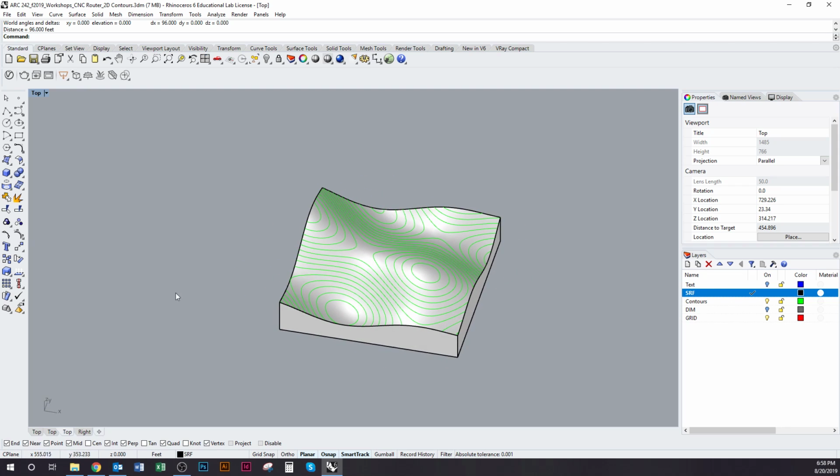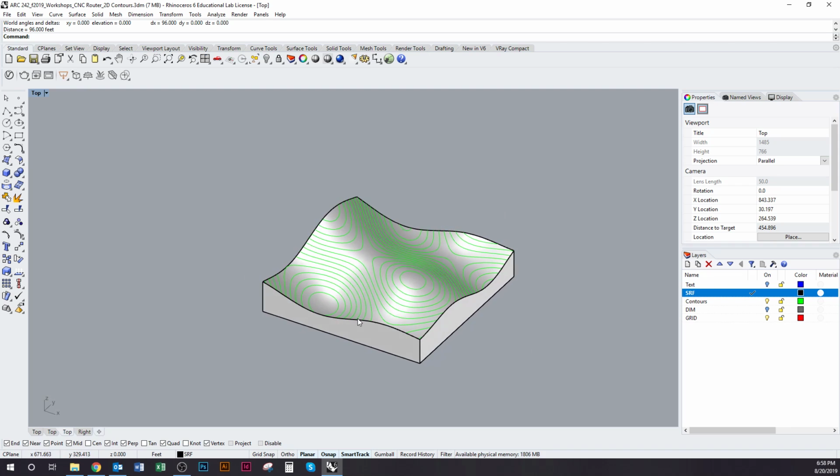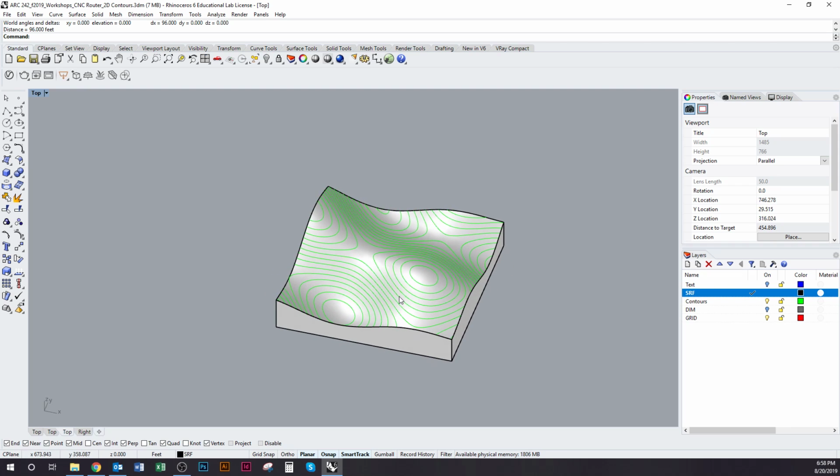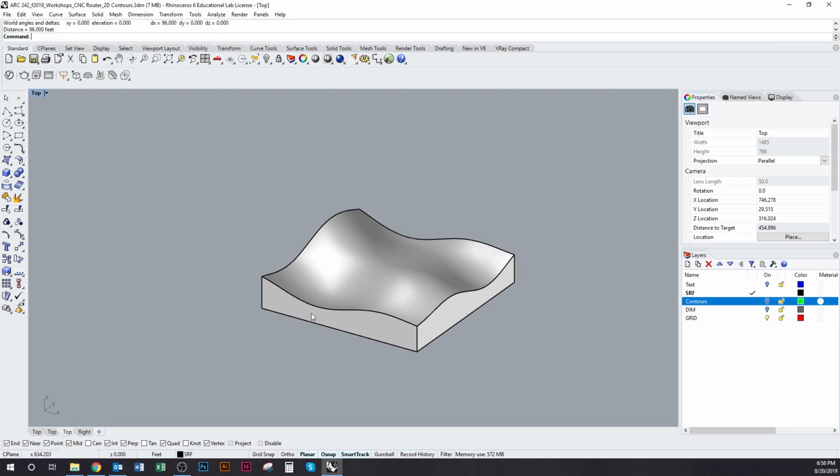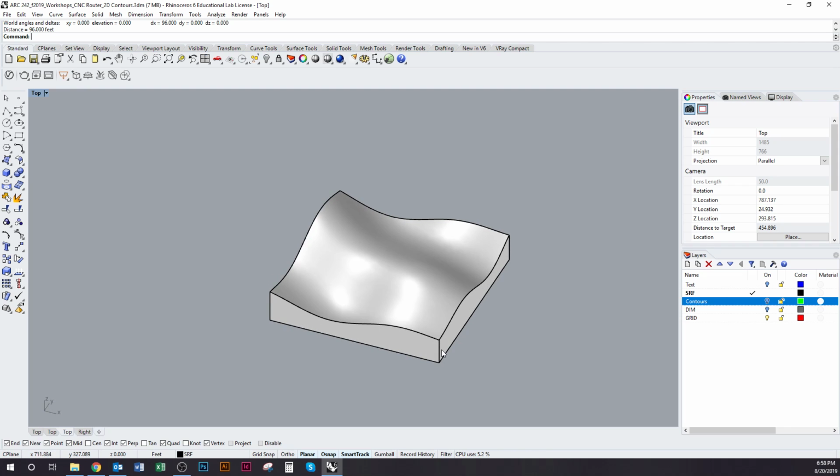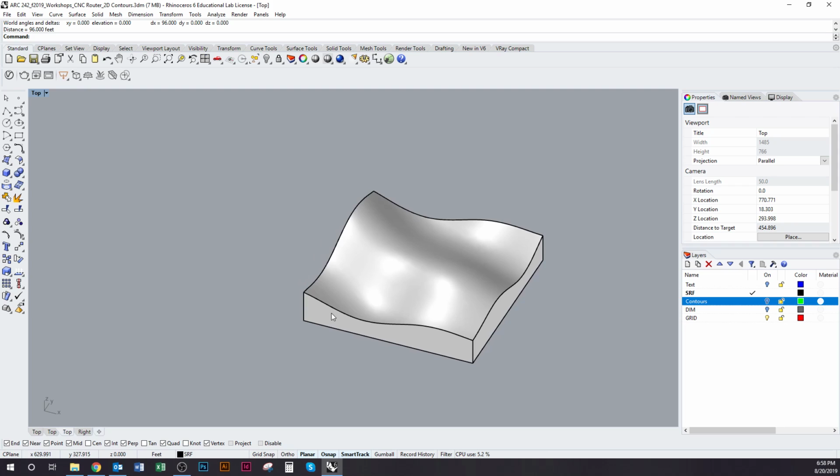So what I want to do next, before I get into developing this geometry for something that I might make a physical model of, in this case a CNC routed model, what I would want to do next is scale it. So I'm going to go ahead and actually delete or hide the original contours at this point. I don't need those contours anymore since I have this surface. And I'm going to change the units of my file first. So I would type in units in the command line, press enter,